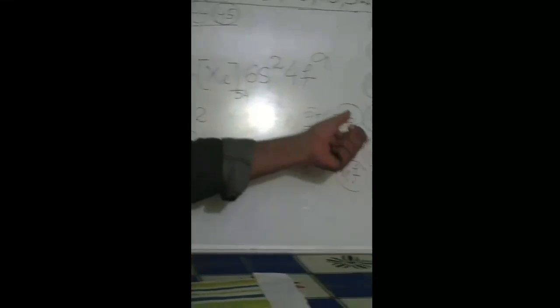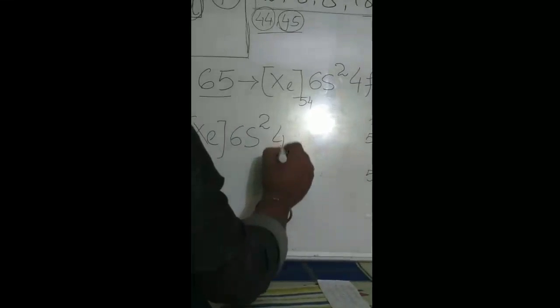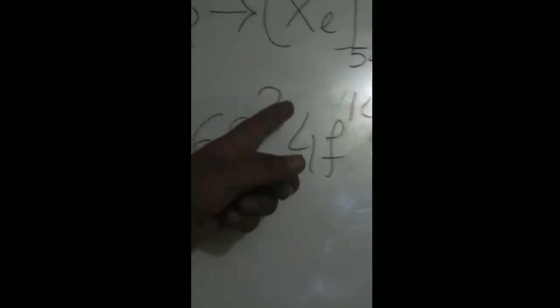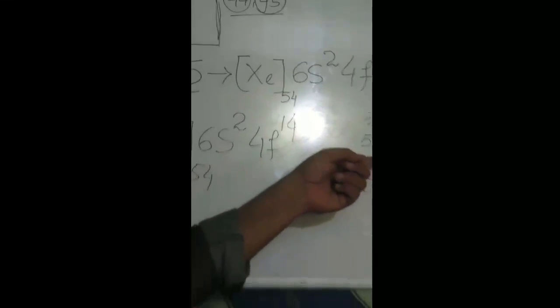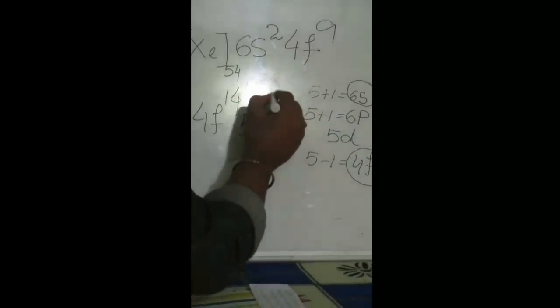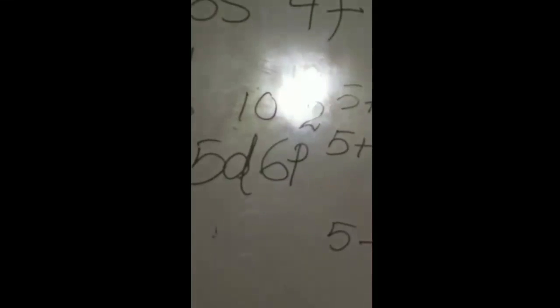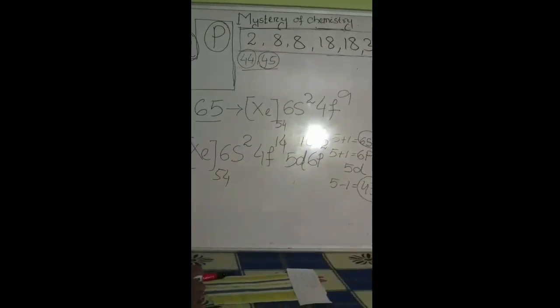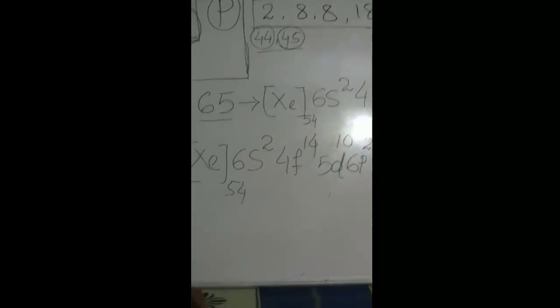And the next one is 4f. In 4f, I will give the maximum capacity of electrons, 14. Now the total electrons are 54, 56, and this one is 70. So I now have 12 electrons. So I will go to 5d. Okay. So the 5d capacity is 10 electrons. Now I have 2 electrons. So in this case, we will get 6p2. So first 6s, then 4f, then 5d, then 6p. So this is the electronic configuration of 82. We can find it very easily.